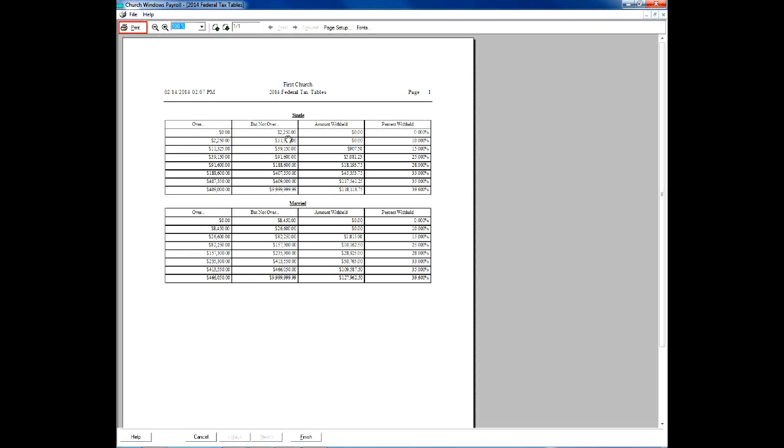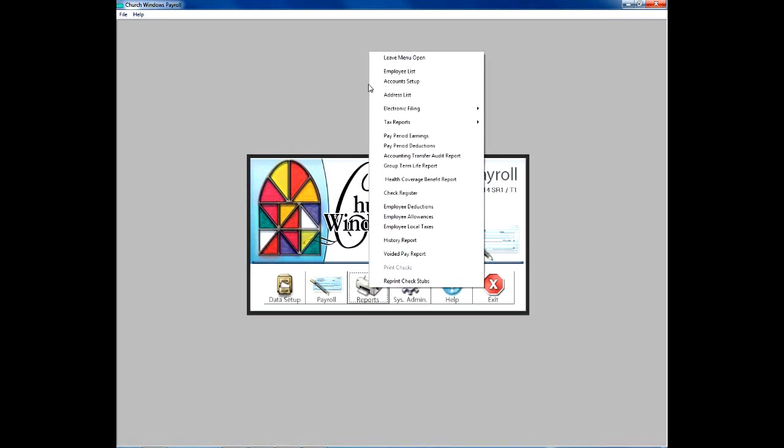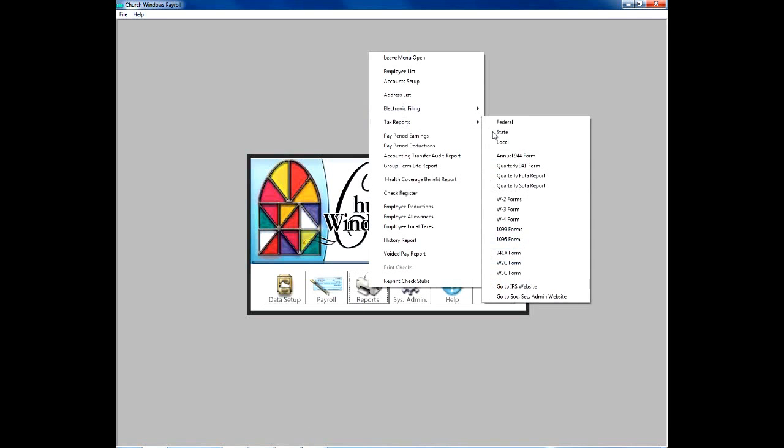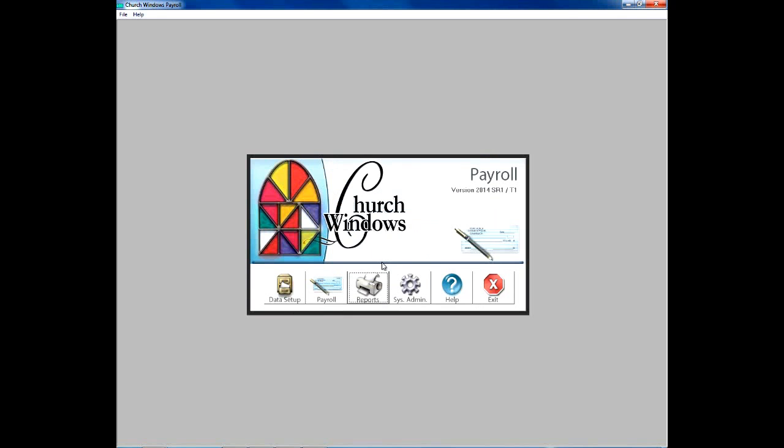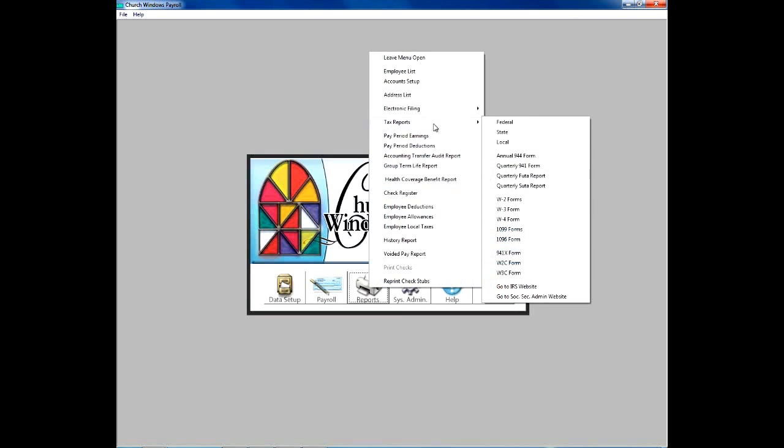So these are federal for single or married. And then when we click finish and we go back to reports and tax reports, if you look at state, it will require, of course, that you choose your state by checking the appropriate state and clicking next, and that'll show you your current state tax tables. Okay. In addition to that, under our tax reports, we've got all of the annual 944 form, for the annual filing for some